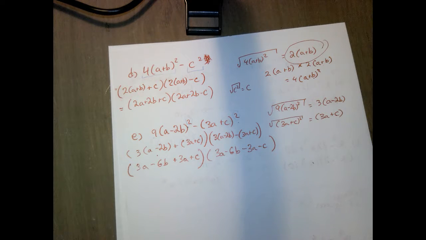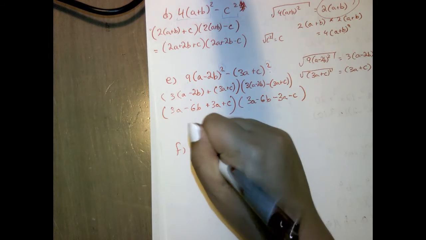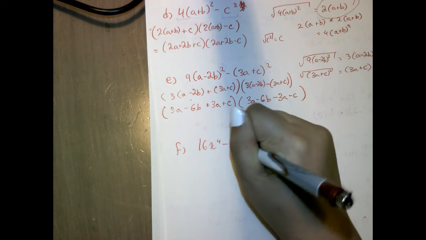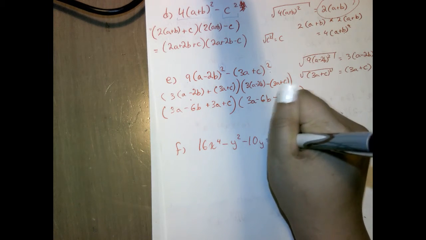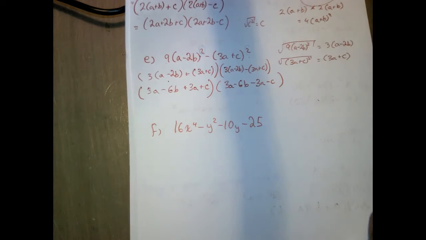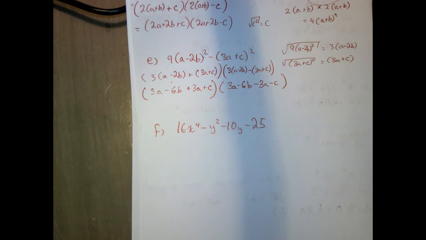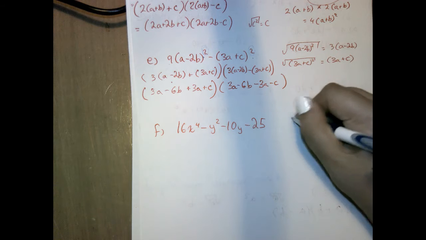Okay, let's look at one last example. And that is an example of something that isn't a trinomial. So let's say we have 16x to the 4 minus y squared minus 10y minus 25. So let's say I have something that is more than 3 terms. If you remember from the last video, whenever we have something that's more than 3 terms, that means we need to look into factoring by grouping, right? So since we have 4 terms,